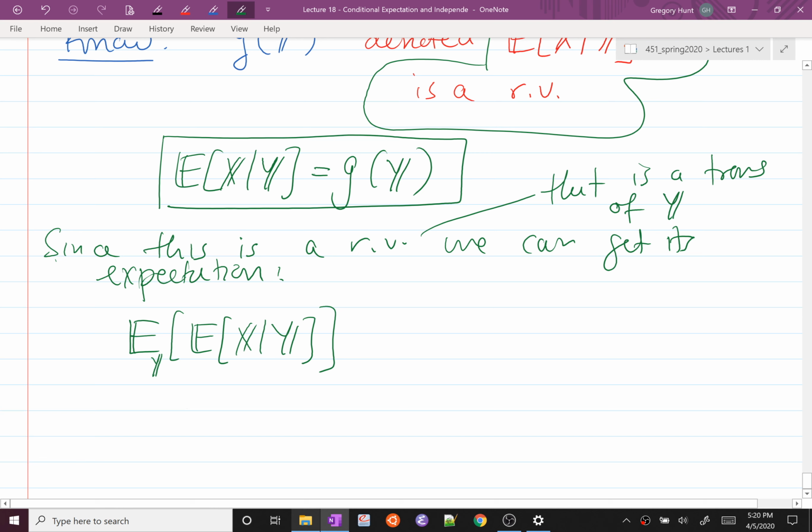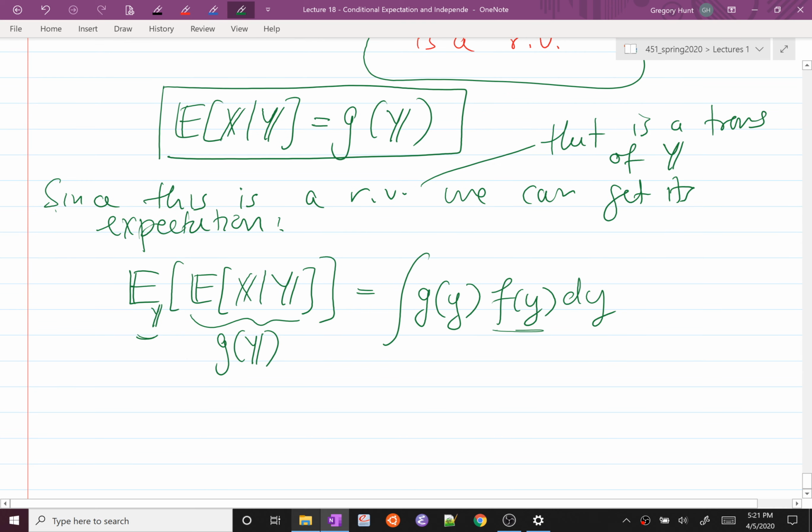And so what this is equal to is, I would look at g of Y, which is this thing. This is g of capital Y. And I'd multiply by the marginal distribution of Y, and then integrate with respect to Y, just like a normal function, right? So when I write out, I write subscript Y here just to remind me that I'm multiplying by the PDF of Y. So the theorem